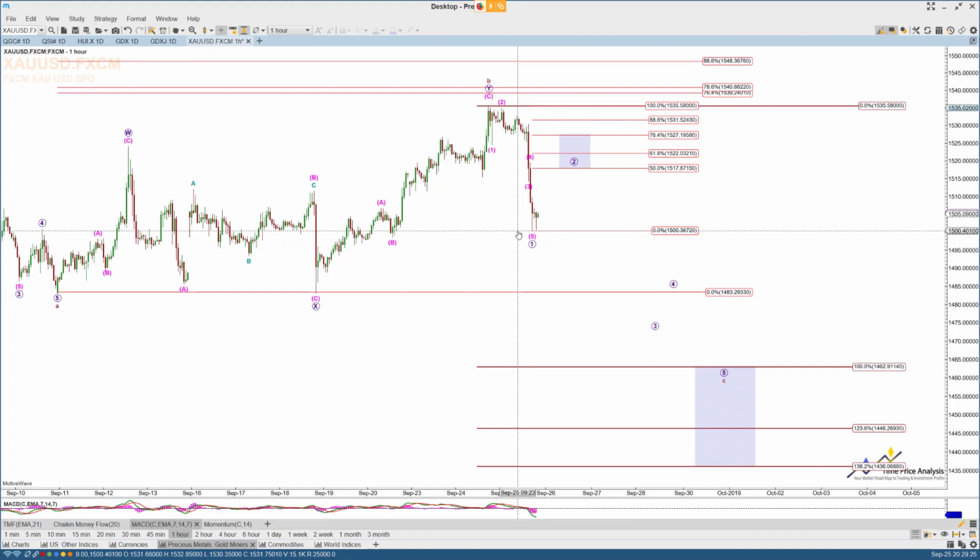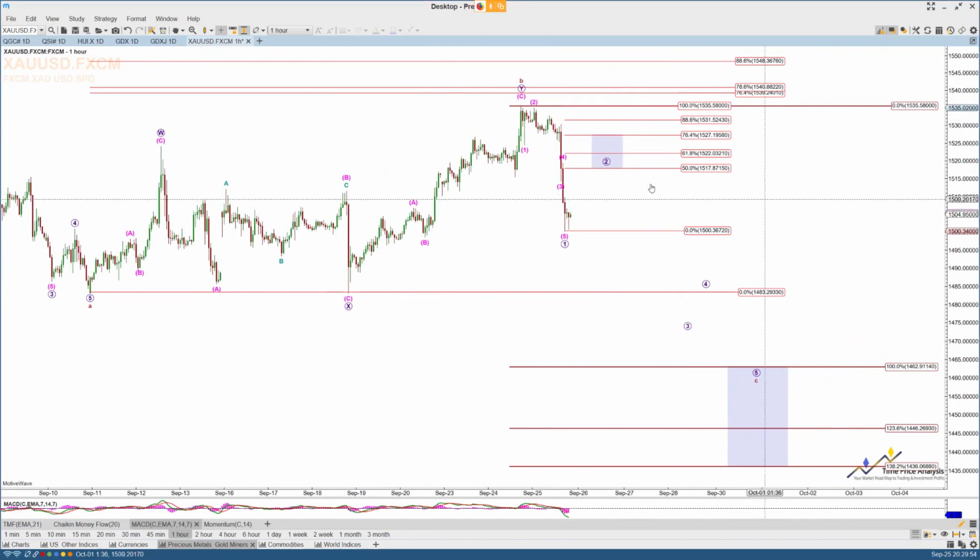to the 278.6 fib. I'm looking for a 2 back to 1517 to 1522, possibly 1527, and then the heart of the move down. So once I get the 2 in and we take out the bottom of the 1, I can give you projections. It will project, I think, to the lower end of this target region for a C wave in GC next. If you are short, then I'd put your stops around the 1532 area just in case it wants to visit that 886 zone in